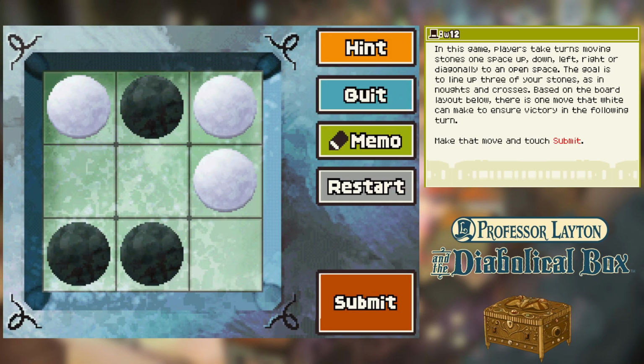Well, that's what I was kind of thinking. There's a multitude of ways. I mean, you can do this, that, or even that. But I guess I get a little bit confused about how there's one move that white can make to ensure victory in the following turn. Well, turn. Not necessarily that...